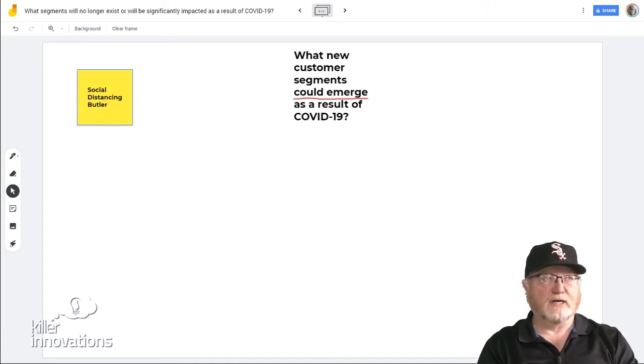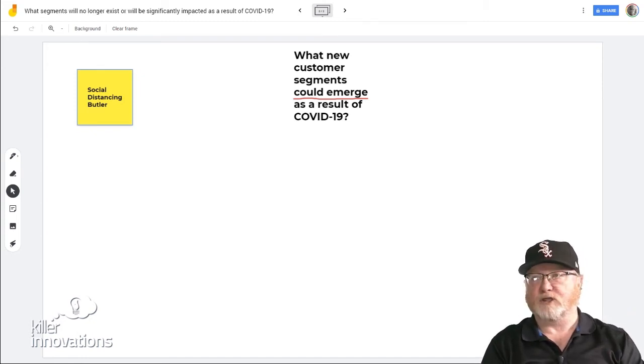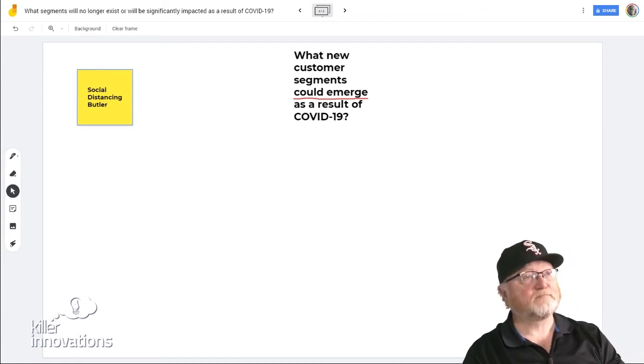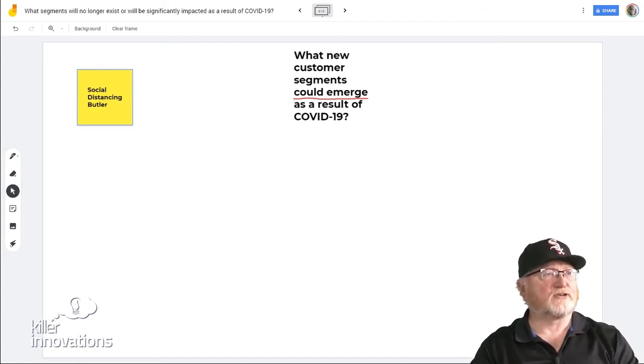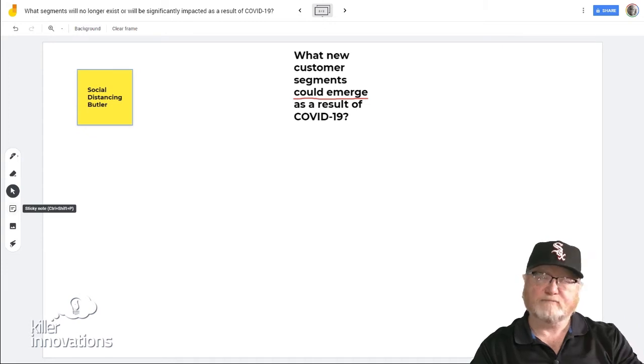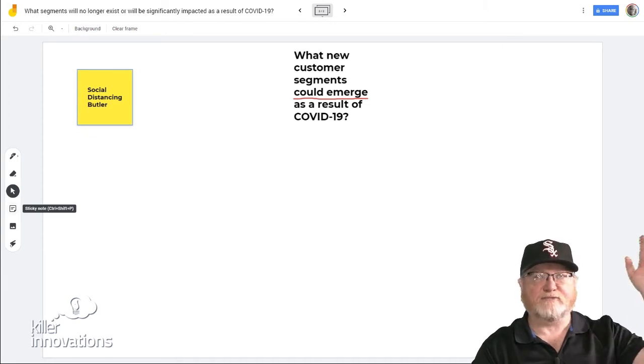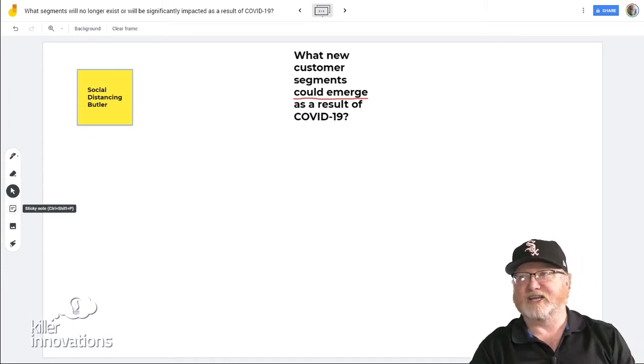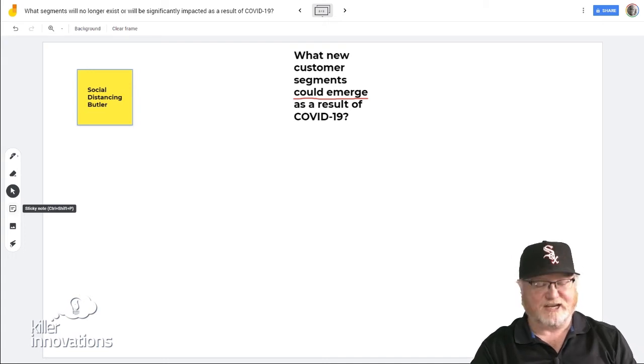Takes the stress out of, is the Amazon shipment going to show on time, or am I going to be stuck with the 11 a.m. delivery from Safeway? So I think this is going to be an interesting one. It doesn't exist today. If you like that idea, feel free, run with it, and go create a great business. And you never know, I might be one of your first customers for this.